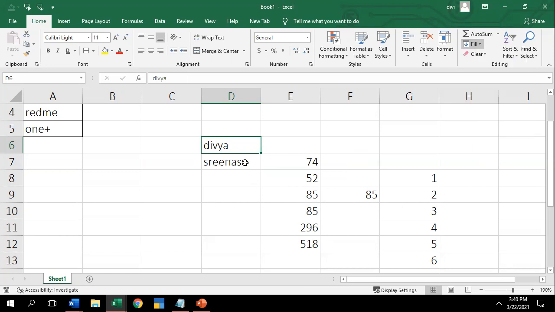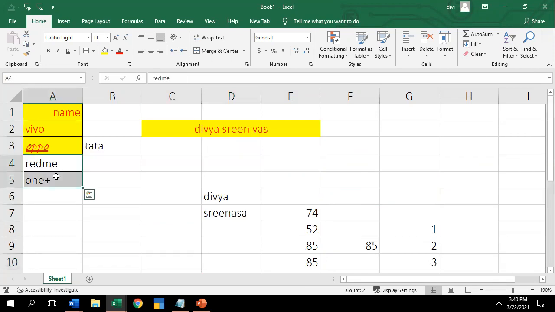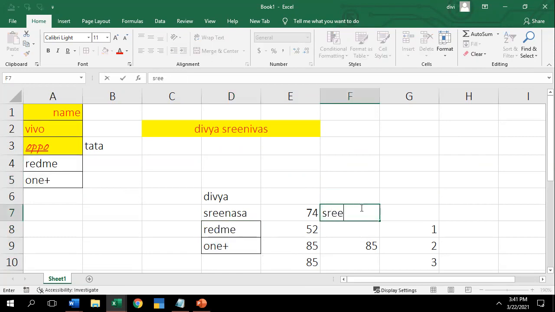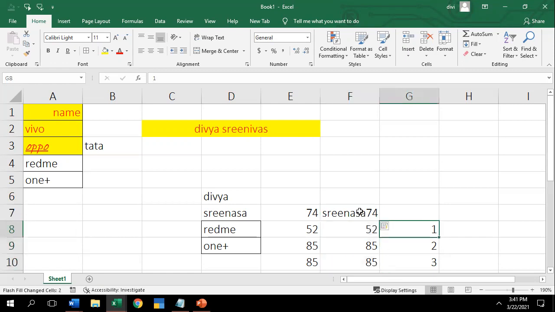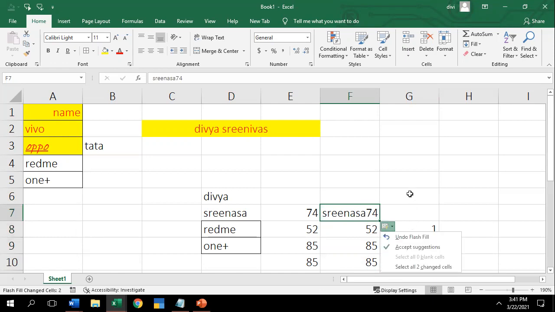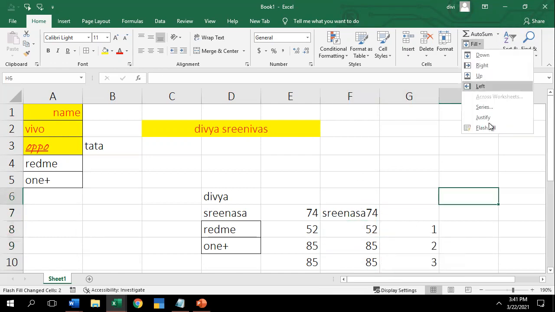Then you have Flash Fill. If you have two columns of data that have to be joined in a single cell, I'll add these two columns of data into one column. The same has to be filled. You can click on Flash Fill, Control E. Some have made a mistake, so they didn't get the proper answer. Don't worry. Okay, this is Flash Fill. So you can join two columns of data into one column.